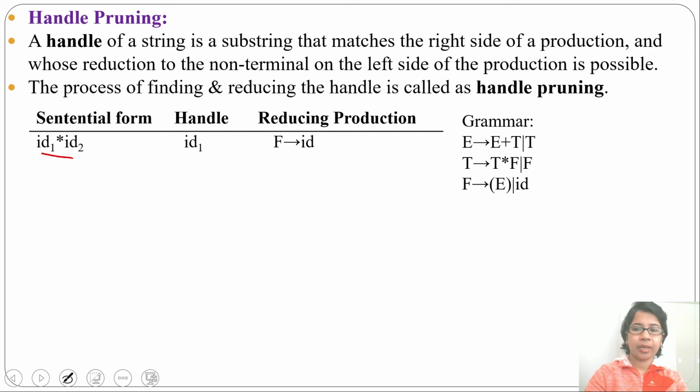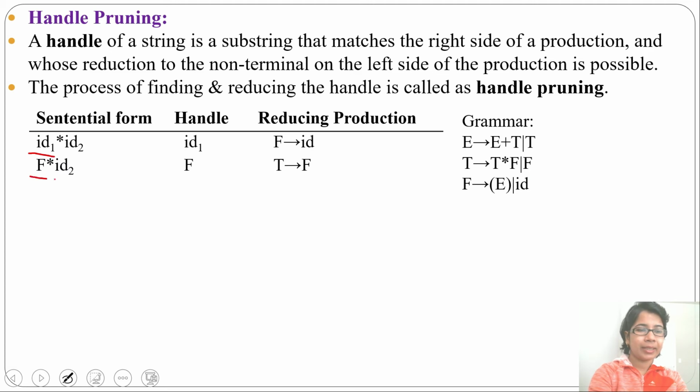ID1 multiplication ID2, no, that whole is not present, but just ID1 is present. Here ID is present. So what is the handle? It is a substring of the string that matches the RHS. Now here this ID1 matches the RHS. Now we will reduce it to the non-terminal of its LHS. So here the handle is ID1 and the reducing production is F derives ID.